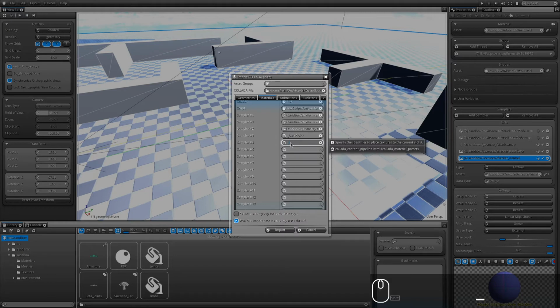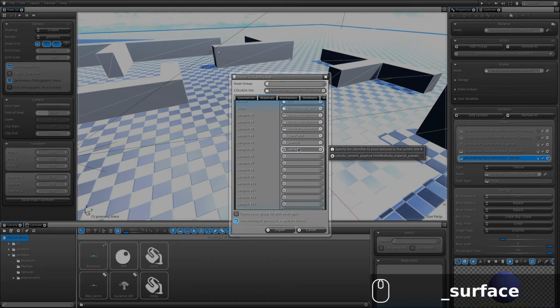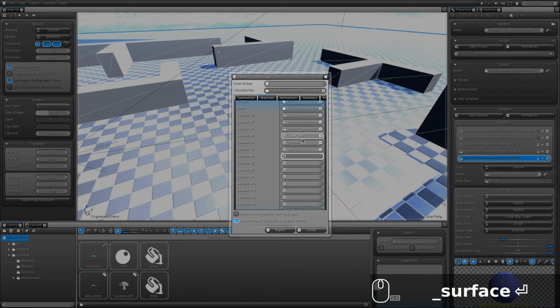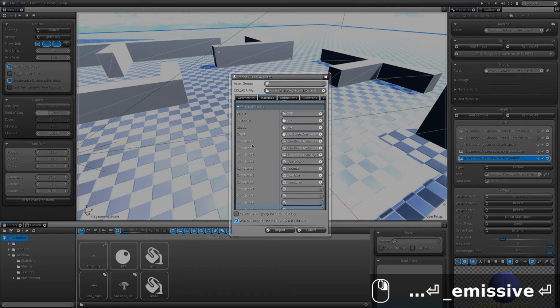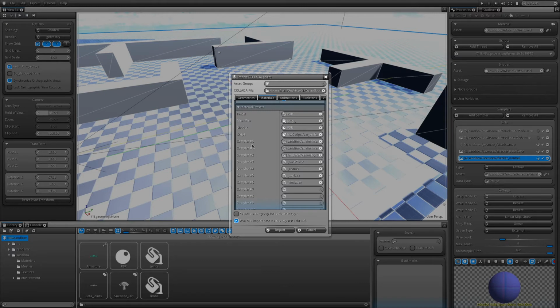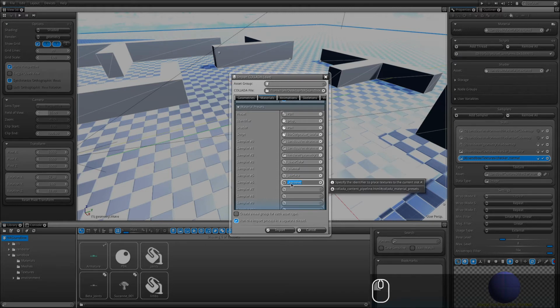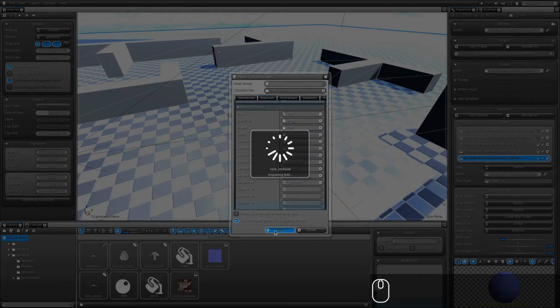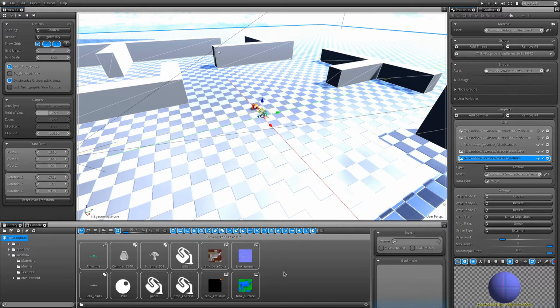Normal will be placed in number 4. And we have two extras here. We have surface, which is going to go in number 5, and finally emissive, which is going to be in sampler 6. So the importer will analyze the first texture that is assigned, most likely the diffuse texture, extract that name, append those identifiers here, load and import the texture, and place it in the right sampler slot. We're going to click import this time, and if everything goes well, as it did,